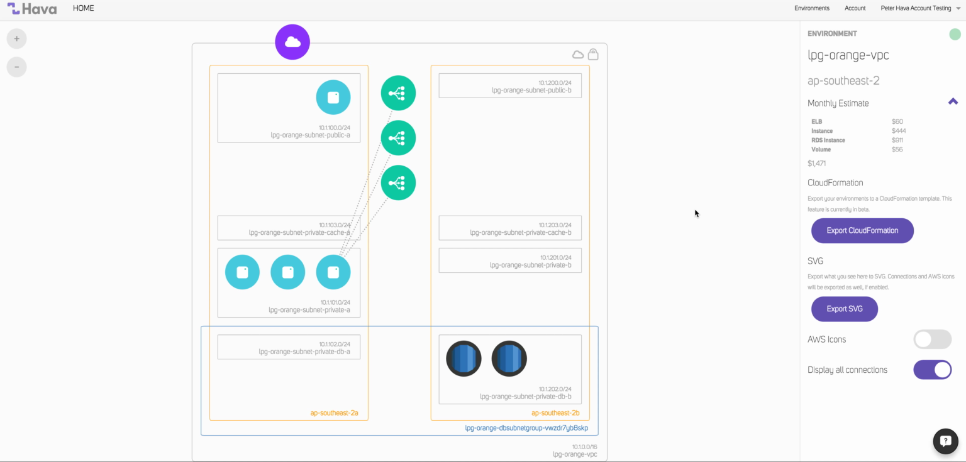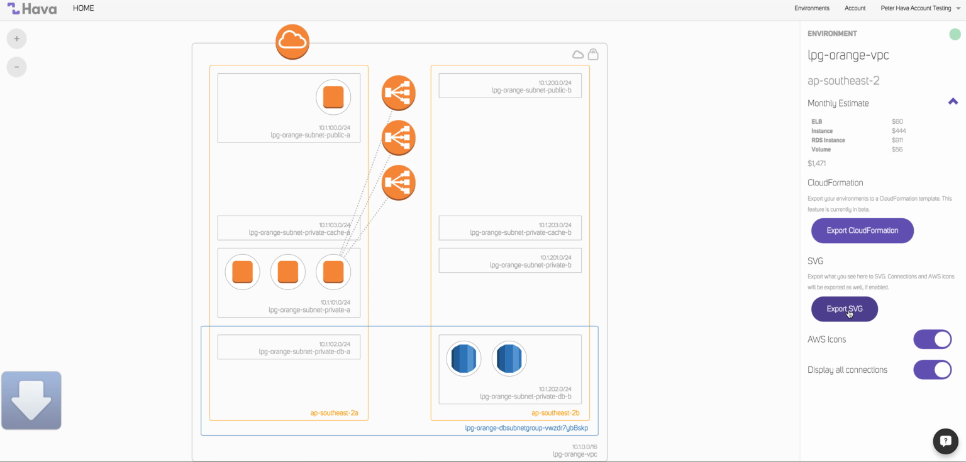Looks good? Well, now you might want to actually export the picture so that you can share it with someone else. You can click the Export SVG button and it will automatically download a version of the SVG to the machine that you're running Hava on. Again, if you want to click AWS icons, you can export the same SVG, only now with the new AWS